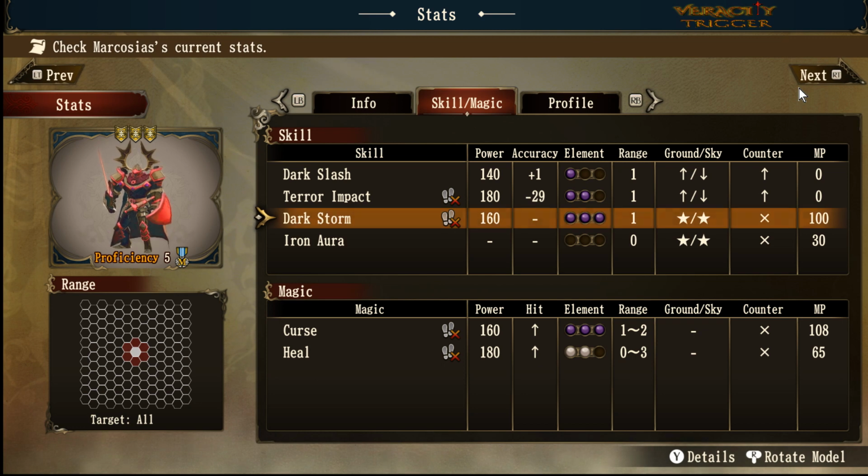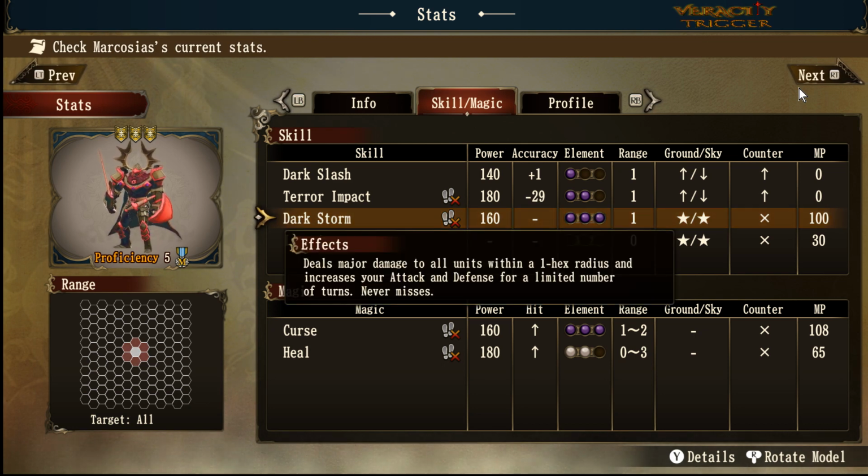Now, you don't get the Super Judgment attack, which is the most powerful in comparison to anything the Dark Knight can do, but you get this move, which is even more effective in some ways than Judgment can be. And I'll tell you why. Dark Storm. It is a pre-move. It only costs you 100...